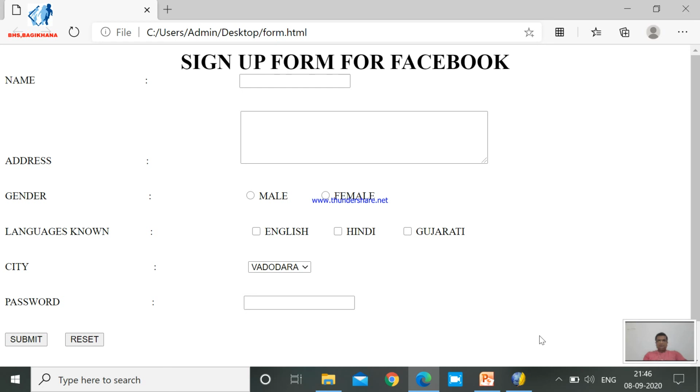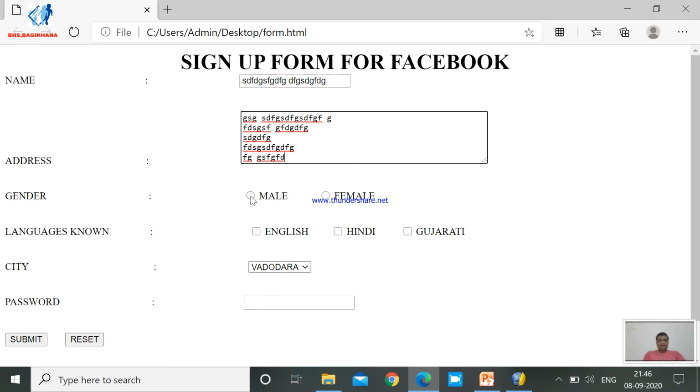See friends, the title of our sign up form is there first, sign up form for Facebook. Then the first field is name, and for name here we have taken text box. Then address is the second field, and for address you can see 5 lines of data we can enter.